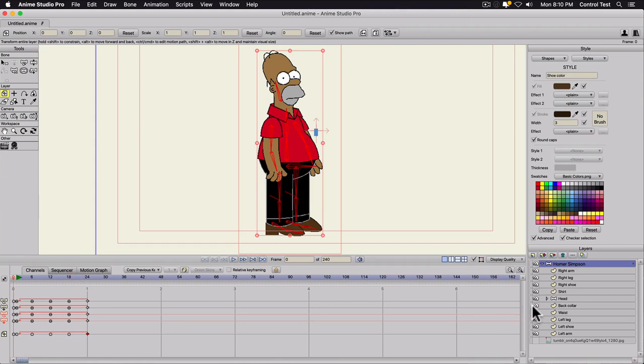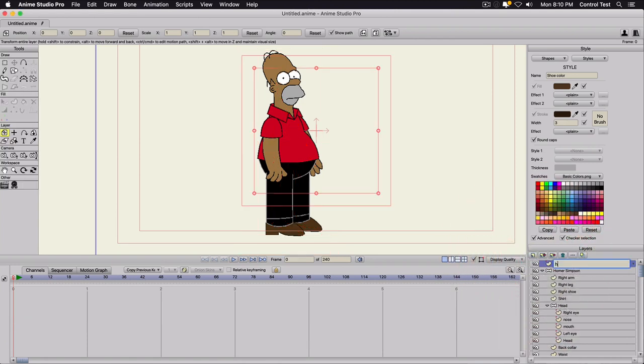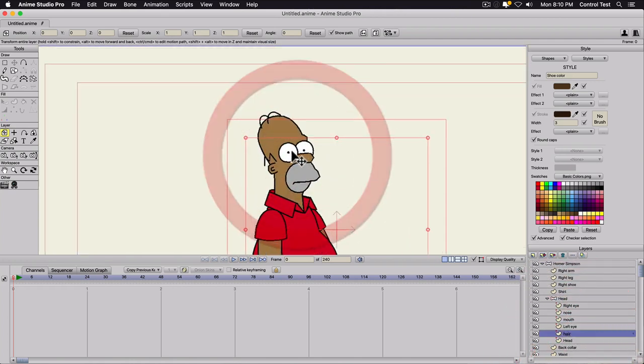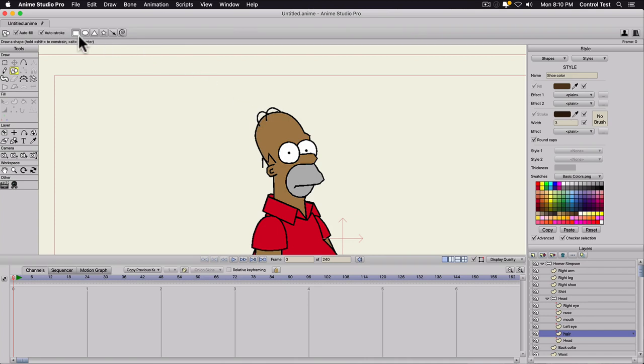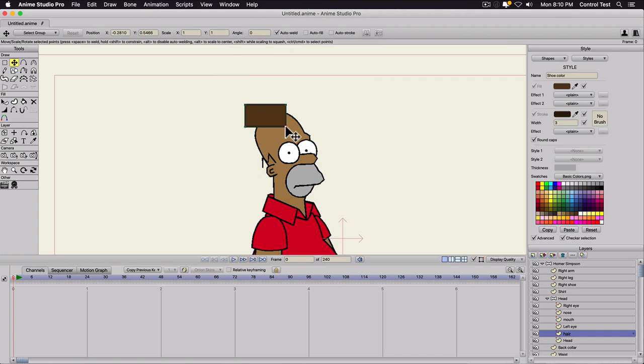So, check this out. If I go under the head, I'm gonna create a new layer real quick. Sorry, I'm making this super long, but we'll put this over his head. We'll call it hair. Let's go in here. I'm gonna hit S, create a new shape. Now, because we have the head bound to that chest bone, we don't have to redo any rigging for the hair. It's gonna move just fine along with the